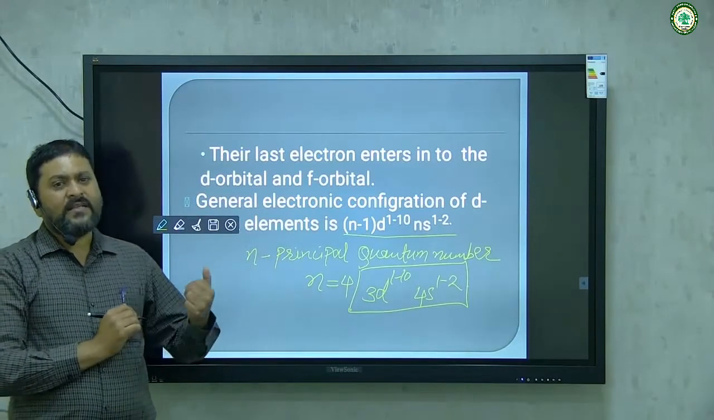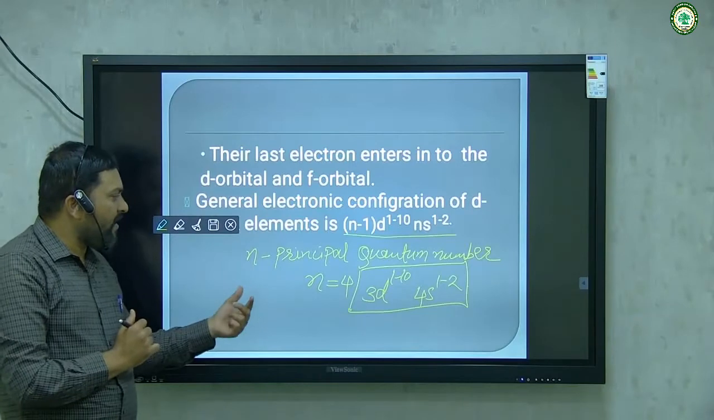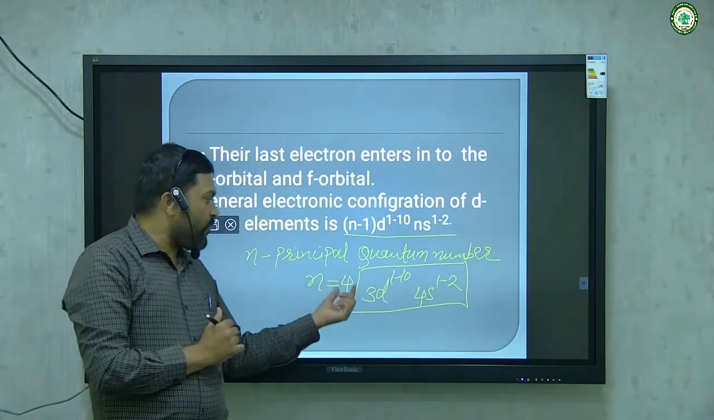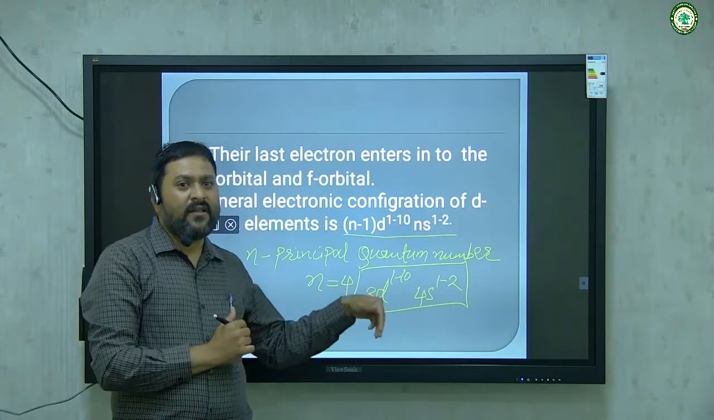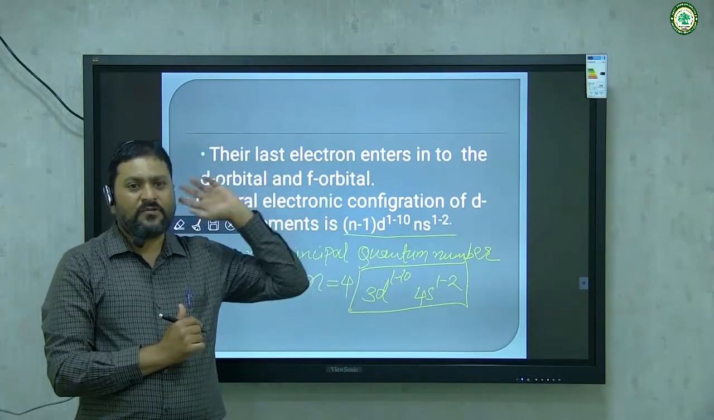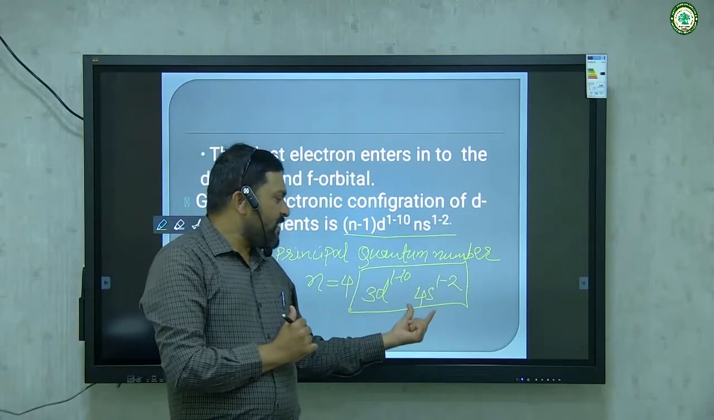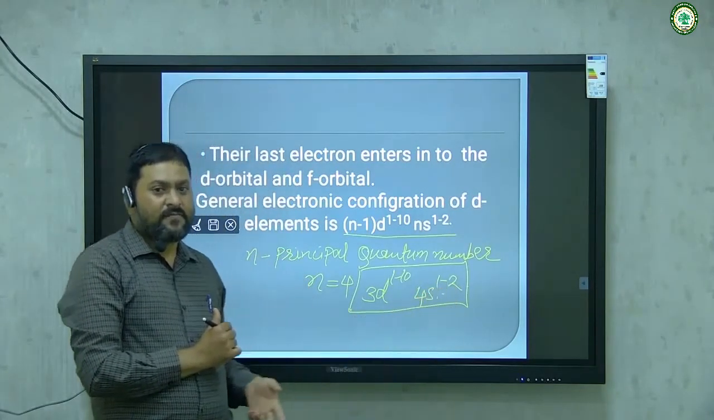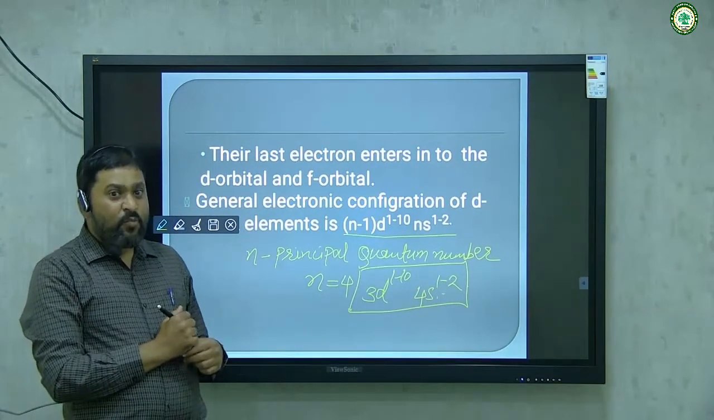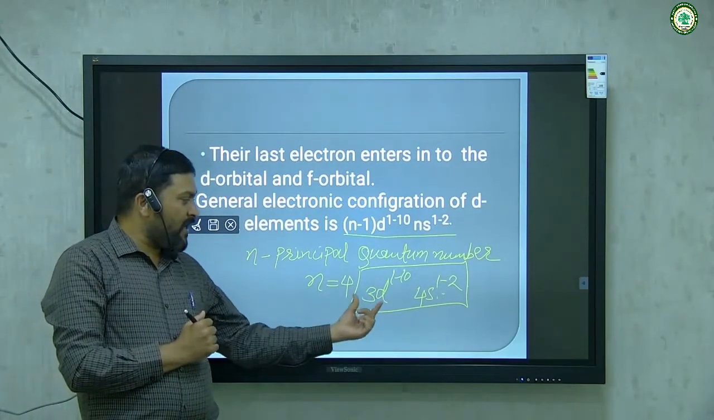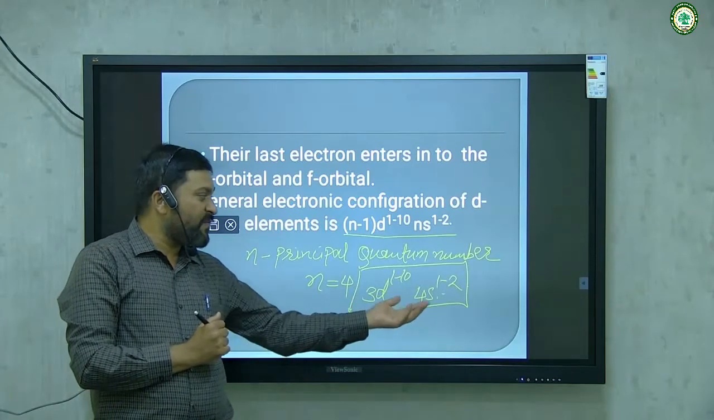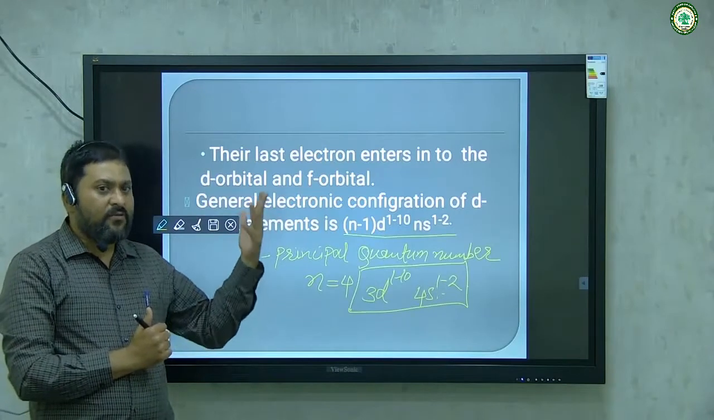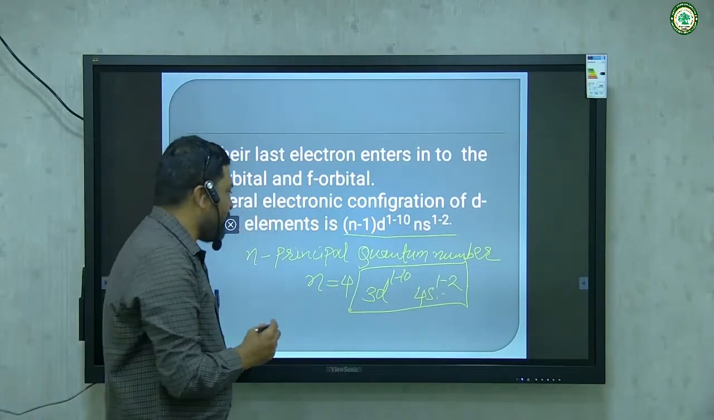Means when studying the D block elements, the electrons are entering or filling, starting in the D subshell, from 1 to 10. That is 3d1, 3d2, 3d3, likewise up to 3d10. And after that, the electrons also enter the S subshell. And here one more thing is very important: first the electrons enter the 3d subshell, before the 4s subshell, according to the Aufbau principle that we have studied in the 11th standard. Okay,